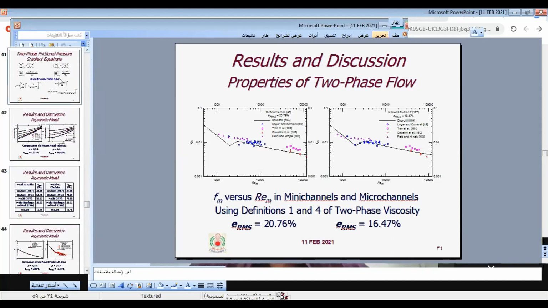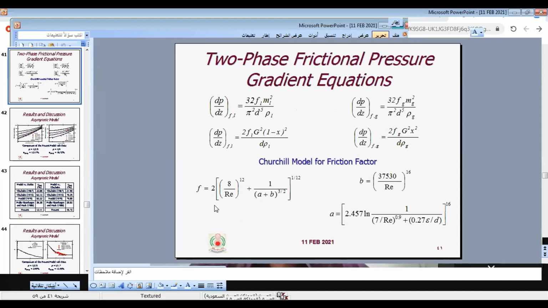Okay, and this is the equation. His equation for the Fanning friction factor is in terms of two constants, A and B, and this is the equation for how to calculate constant A and constant B. We can say that constant B is a function of Reynolds number, while constant A is a function of Reynolds number and roughness. What I wanted to show here is his equation is valid only